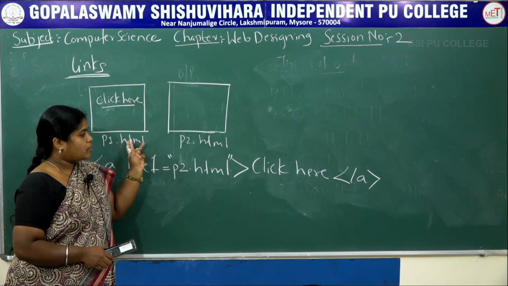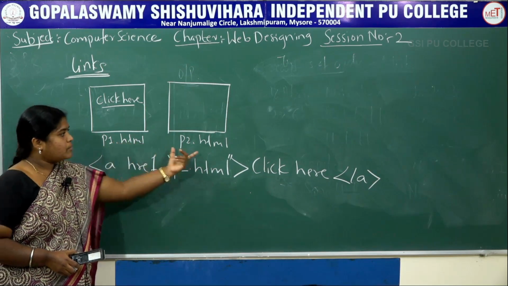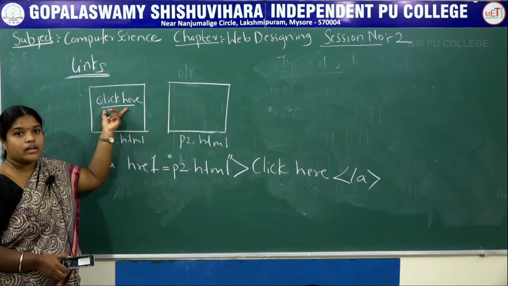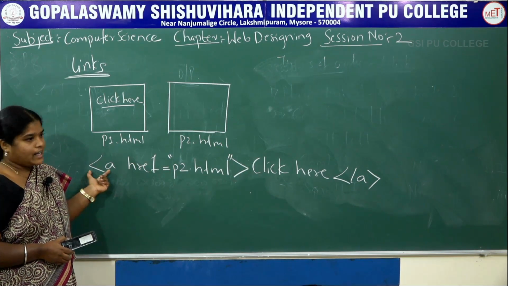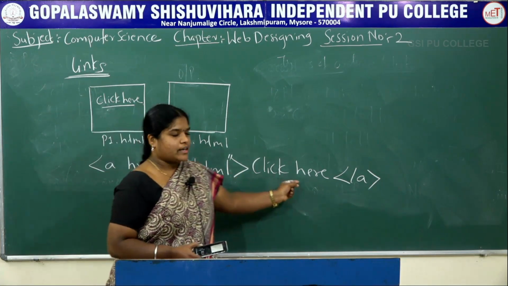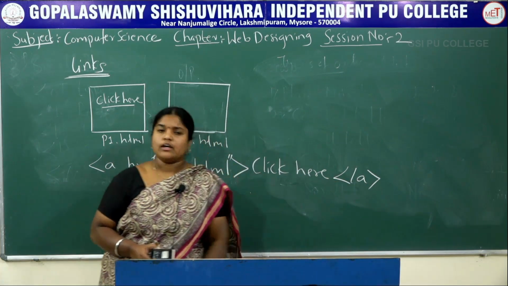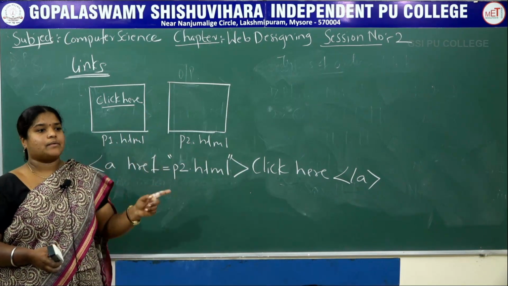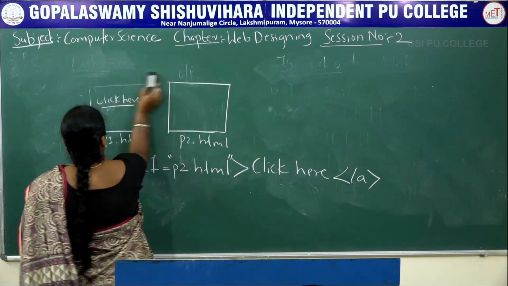Now for this particular output, this is the tag. Once again, p1.html, and p2.html is the target page that has to be displayed after clicking on the text. So for this output, we are going to go with the a tag, href is equal to p2.html, that is the target page. Then this particular text is going to work as a link, hypertext, and finally we are going to close the tag. So this is how we can link two pages, and this is how the concept of links is over. Now next we are going to study tables.